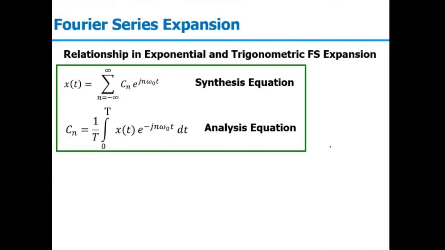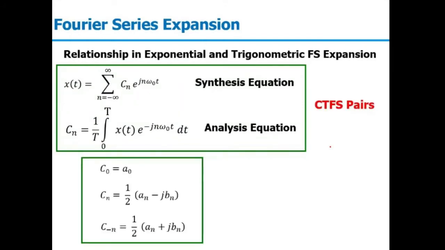We can have the relationship between trigonometrical and exponential series, as all the series expansion terms are derived from our trigonometrical series only. We started our discussion from the trigonometrical Fourier series and then did some modification to obtain our polar series as well as the complex exponential series. So that's why we can see the relationship between the Fourier series coefficients.